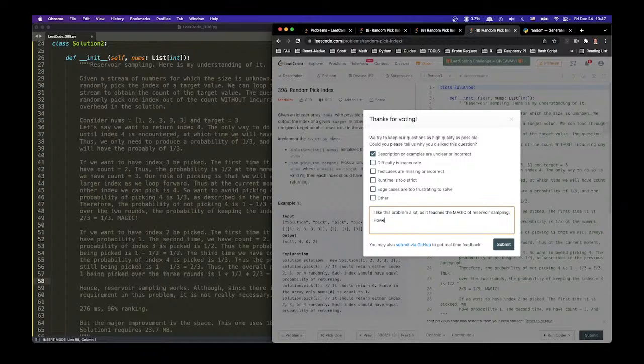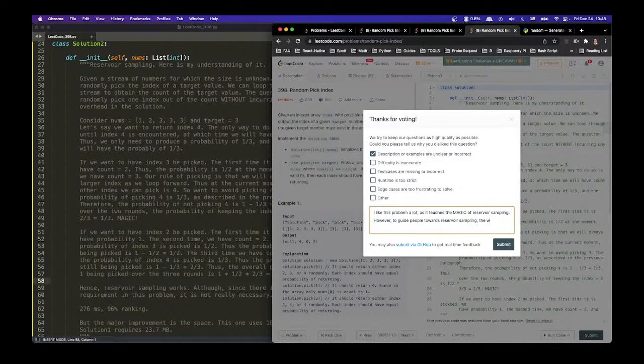However, to make the point stand, to guide people towards reservoir sampling,